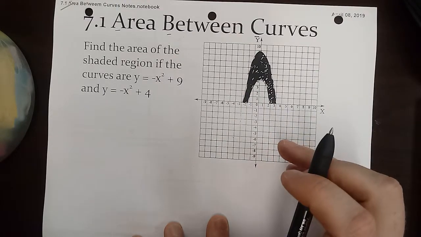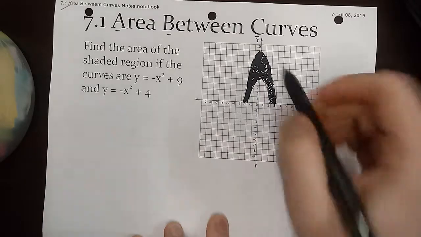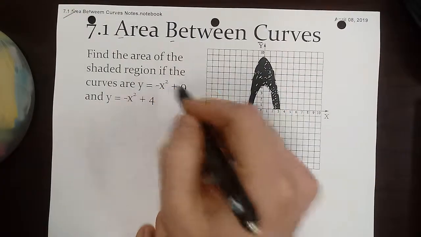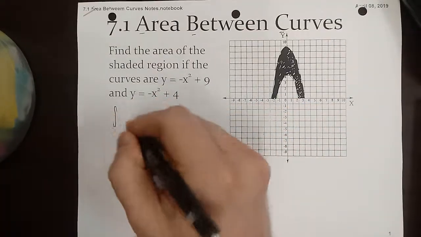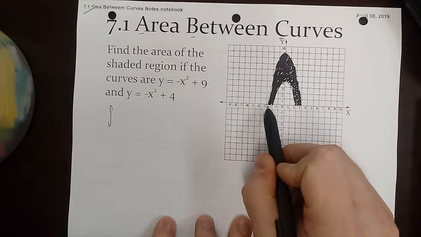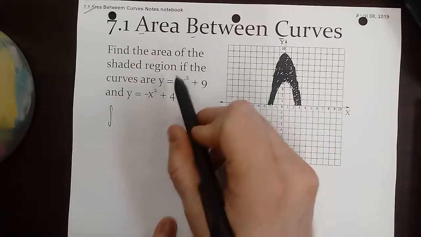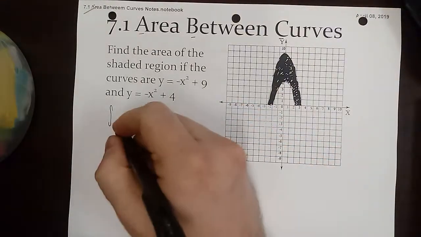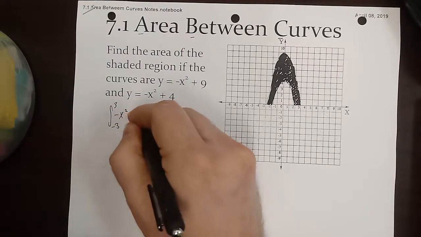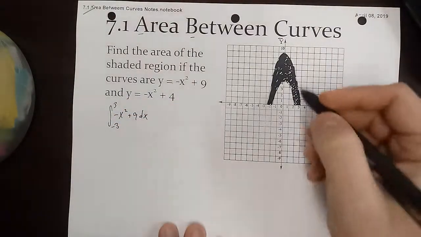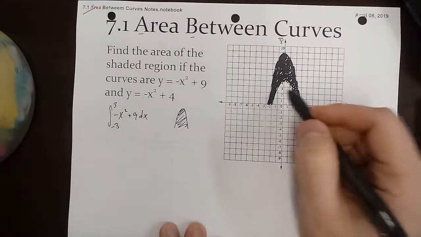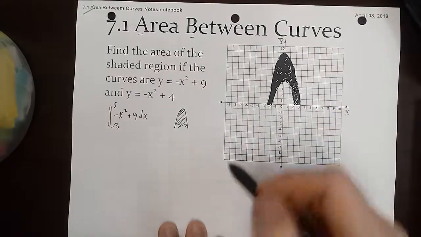Well, we're going to wind up needing the area underneath the big one, so we could always find the area underneath y equals negative x squared plus 9 by taking the integral. What would our bounds be? It looks like it intersects the x-axis at negative 3 and 3, which match with the function. So if we took the integral from negative 3 to 3 of negative x squared plus 9 dx, that would give us this kind of bigger region, and then it looks like the area underneath the other one is removed. So what if we